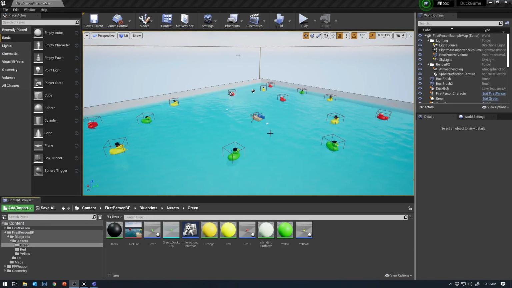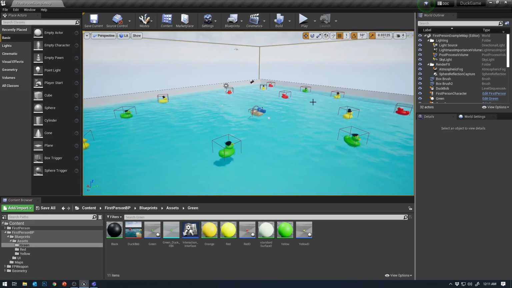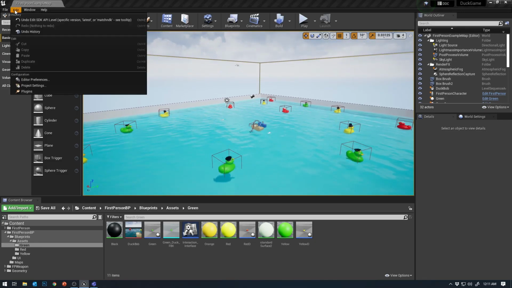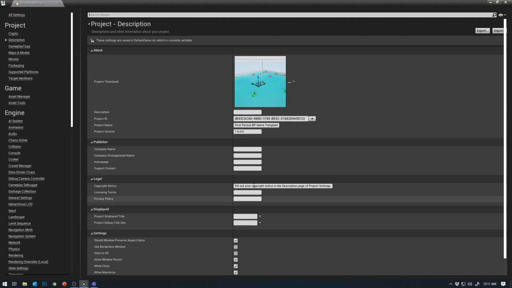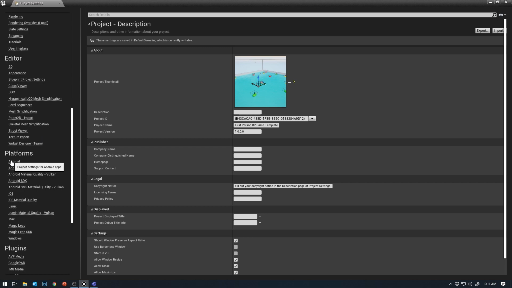Okay, with your computer restarted, open up your Unreal project. I've got one of my students' Unreal projects here, one of his mobile projects. With it open and ready to go, what you want to do is go to Edit, Project Settings, and then you'll get your Project Settings window popping up. Now what you're looking for here is, scroll down on the left here, you're looking for this Android in your